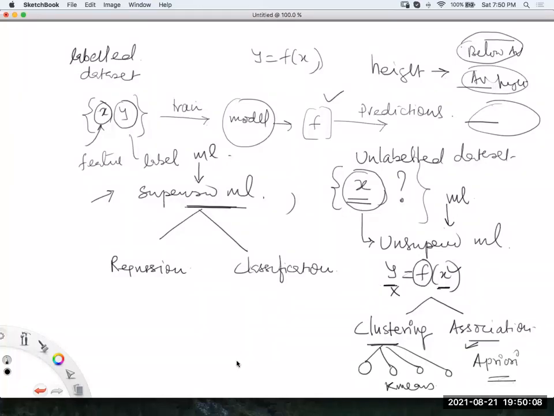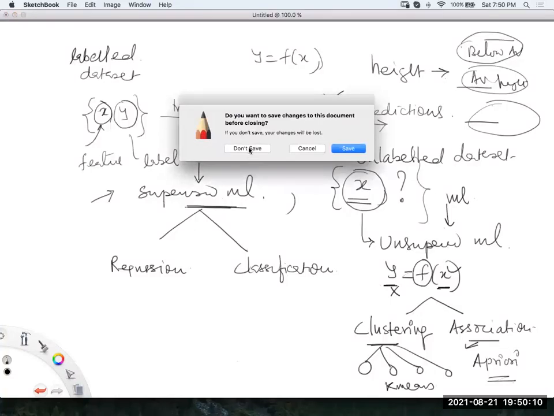Now, guys, if I quickly recap everything, I think that chart should really help you, guys. This is our machine learning world. In machine learning, guys, you have supervised machine learning, then unsupervised machine learning.